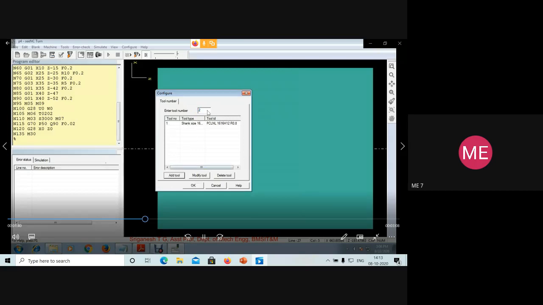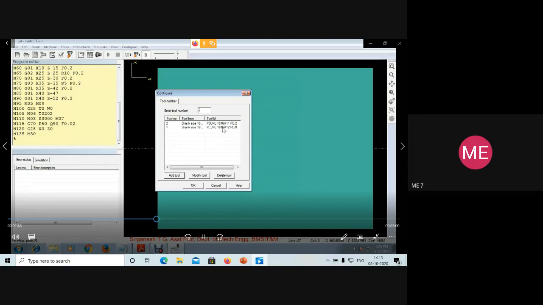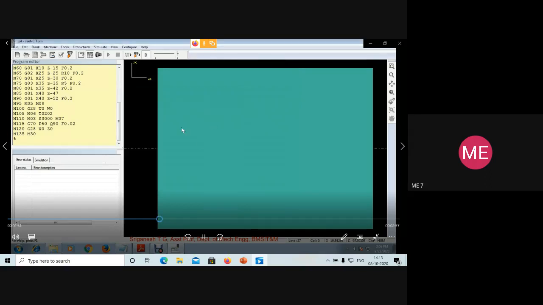Now you will go for the smooth finish turning operation. Again, change the unit to metric, right? Then for the offset number, you are selecting the radius of the nose to be 0.2. So you have selected both the tools. You will save and close it. This is the save symbol you have to use to save.